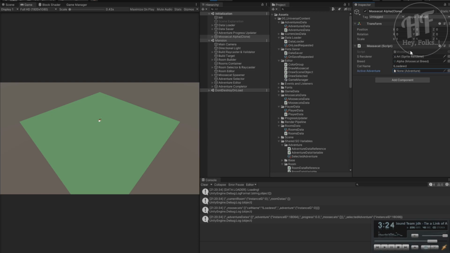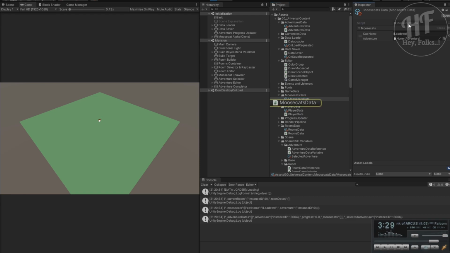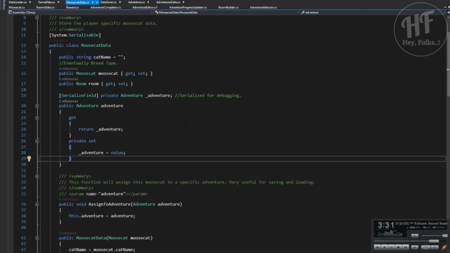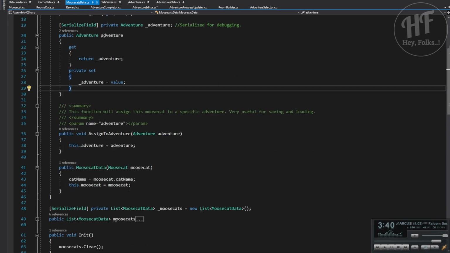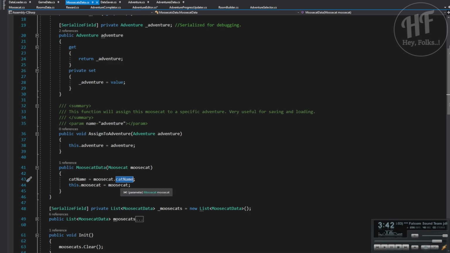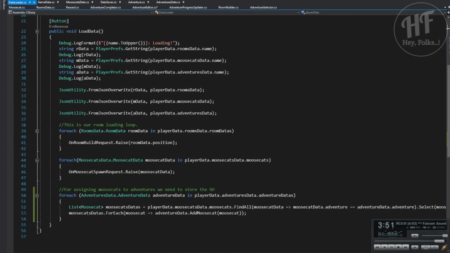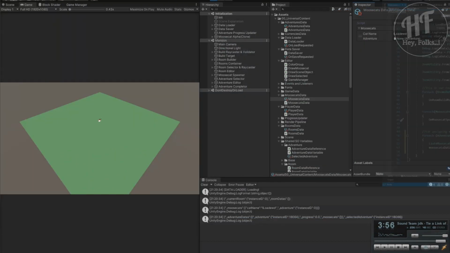So that tells us that in the data structure, the adventure is not being saved or not being loaded. Let's come back here and look. Go back to our loader. And we do the spawn Moosecat request where we send through Moosecat data. And if we